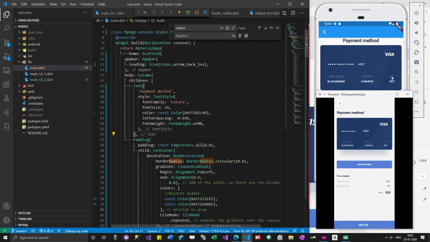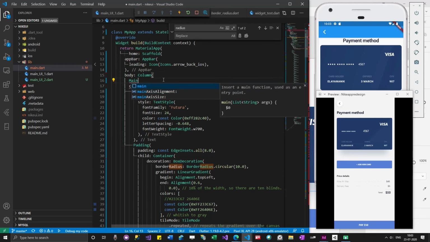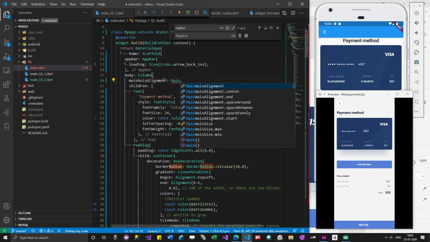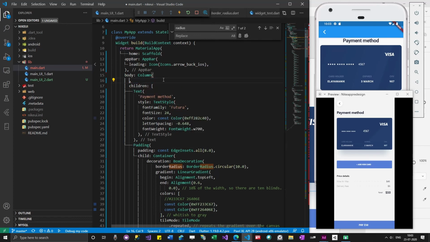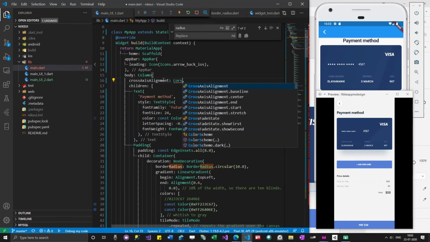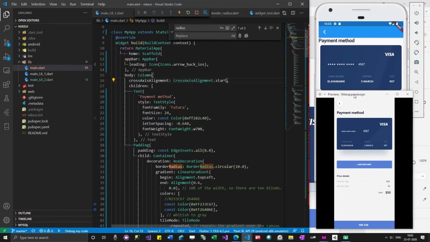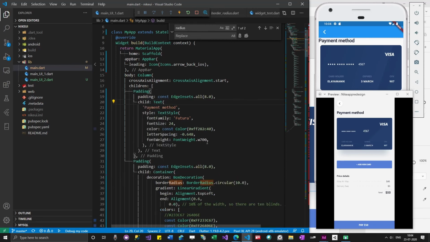Okay, so I want this payment method to be aligned to the other side, right? So for that, not main axis. Okay, so it came here, but I still need some padding. Let me add this button also. So for that,